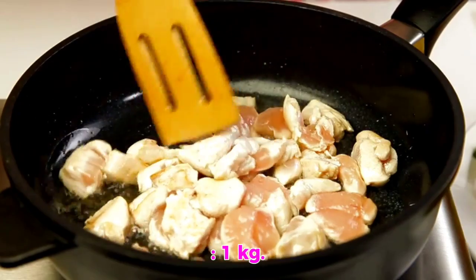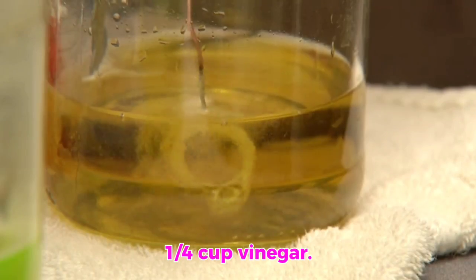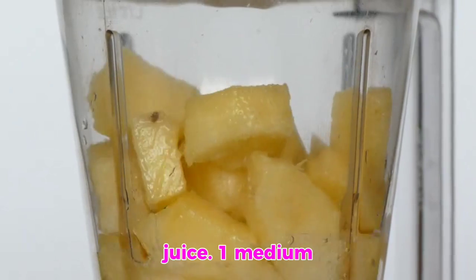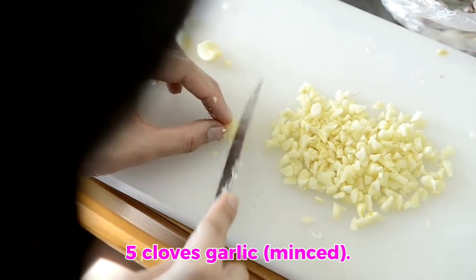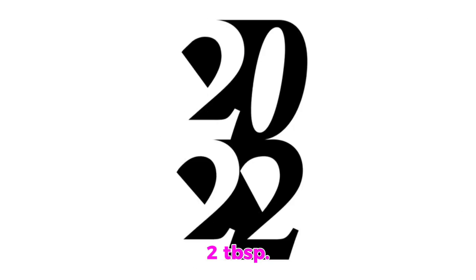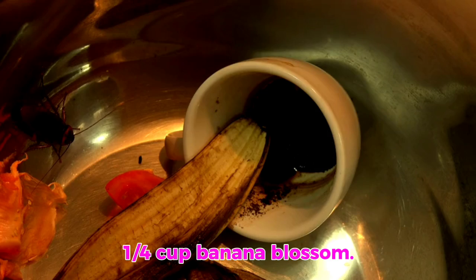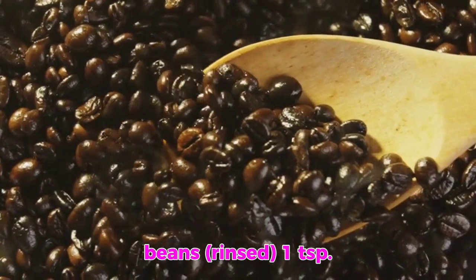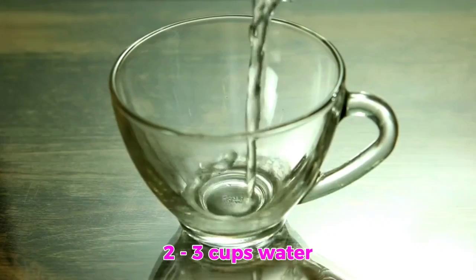Ingredients: 1 kilo pork belly cut into serving pieces, 1/4 cup vinegar, 1/4 cup soy sauce, 3/4 cup pineapple juice, 1 medium onion chopped, 5 cloves garlic minced, 2 teaspoons brown sugar, 2 pieces star anise optional, 1/4 cup banana blossom, 1/4 cup salted black beans rinsed, 1 teaspoon whole peppercorns, 2 pieces bay leaf,